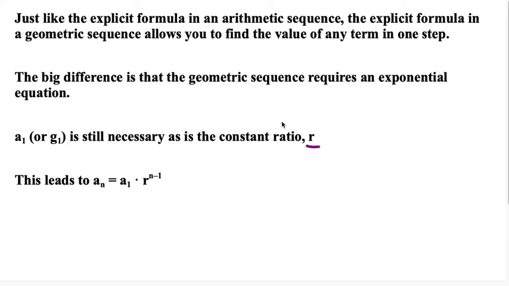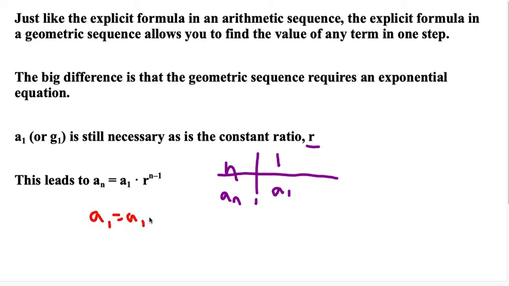1. Here's why. We know that n is the term number, right? So I know that if I plug 1 in for the term, I should get whatever the value of a sub 1 is. So if I actually do this with this equation, a sub 1 would equal a sub 1 times r to the 1 minus 1. So what I've done is I've plugged the